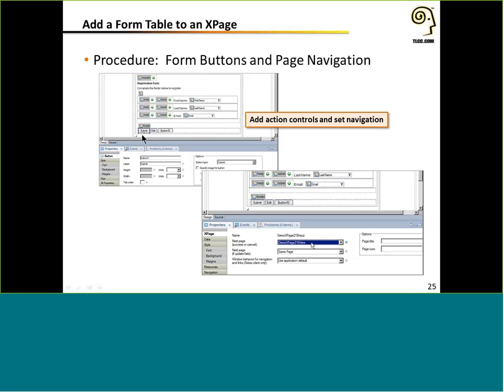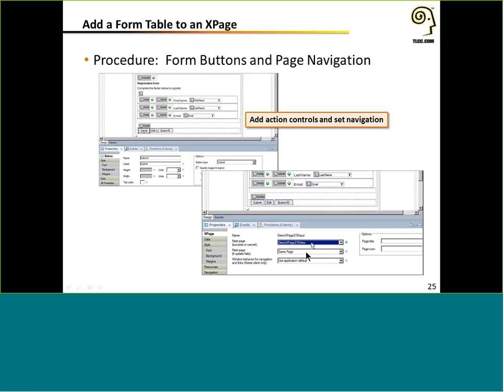So if you set this up and say create a submit button, any other buttons that you need for your workflow, you can then down at the XPage level set up a simple navigation rule to say that if this form is submitted successfully, or if the user clicks a cancel button, let's name a view page to go back to after the user is leaving this page. And then you can also say that we're going to stay on the same page if there's some kind of a validation error.